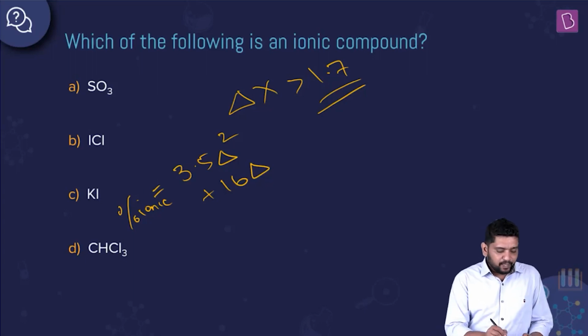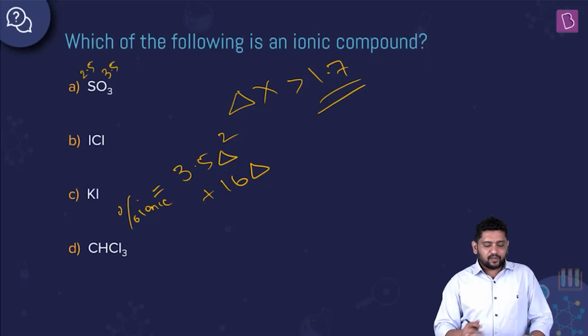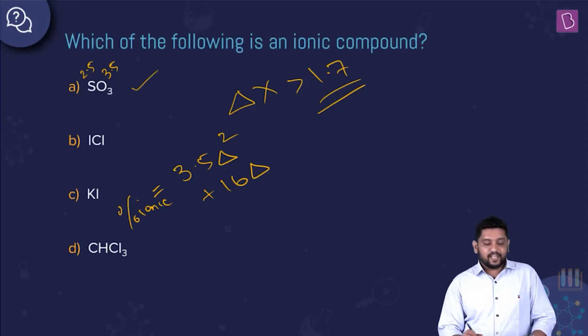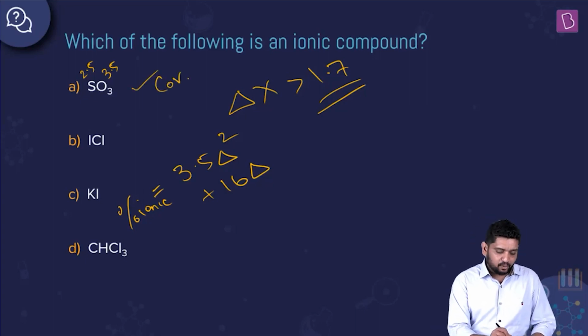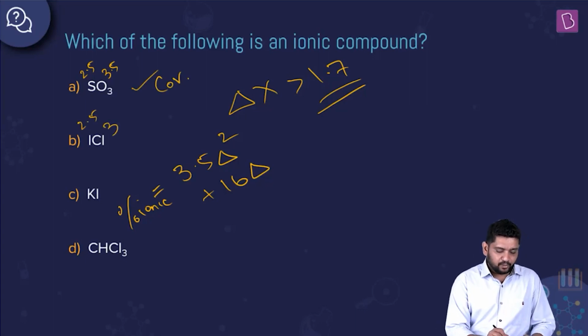When I'm looking at sulfur and oxygen, sulfur is 2.5, oxygen is 3.5 in your Pauling scale. Electronegativity difference is not much. You would obviously expect this to be covalent, right? ICl, same story, right? So iodine is 2.5, chlorine is 3, bromine is 2.8. ICl, you would obviously expect